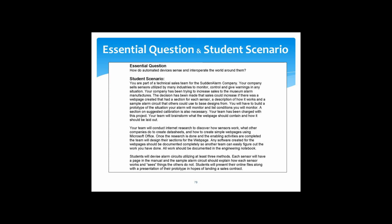The student scenario for each unit gives the students an opportunity to explore that particular unit's essential question, and this is done in the form of a real-world problem that they're given to solve. And it also provides an answer to that eternal question we mentioned before, where will I ever use this? So anyway, in this particular example, students are told they are part of a technical sales team working for an alarm company. And to quote from the scenario, "Your company has been trying to increase sales to the museum